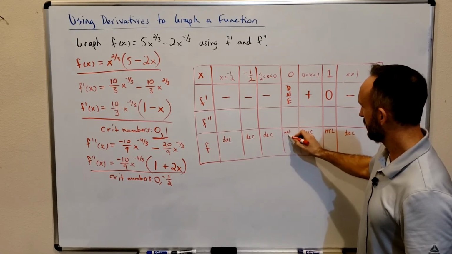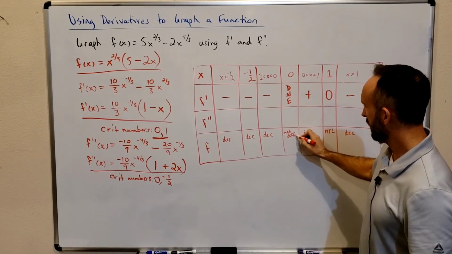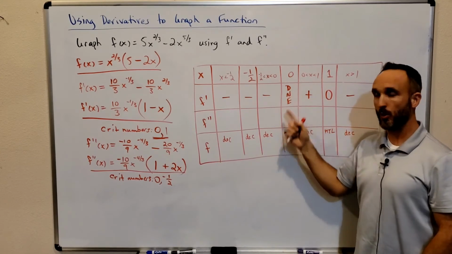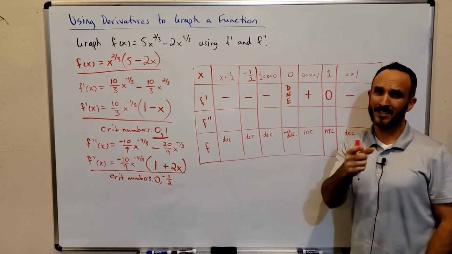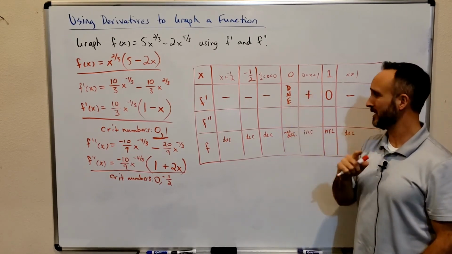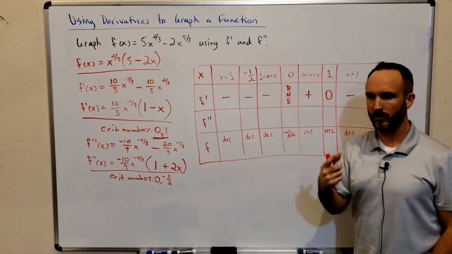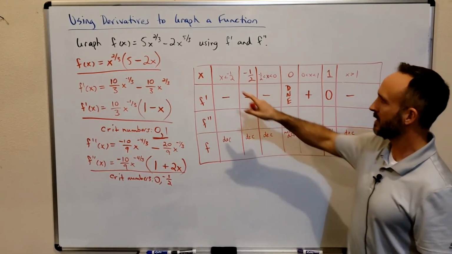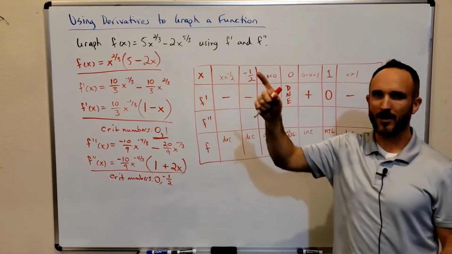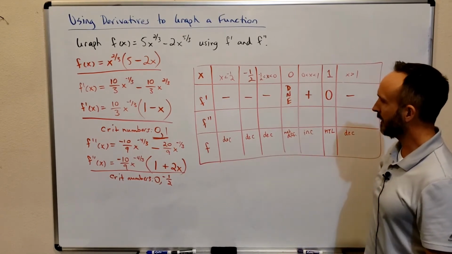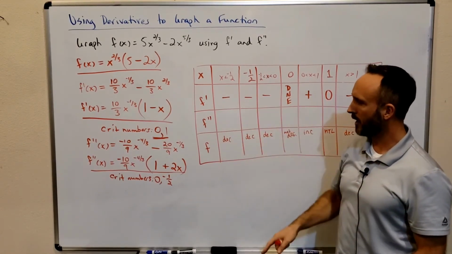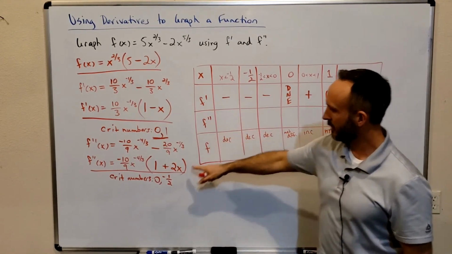We can make a note of that. Not differentiable. And that could be that there's a sharp point. There could be a vertical tangent line. We know it's continuous, so that's not the issue. So it's either a sharp point or a vertical tangent line. In this case, because these are cube roots, my gut is telling me a vertical tangent line. Okay. All right. So now let's work on f double prime and look at its critical values, which are 0